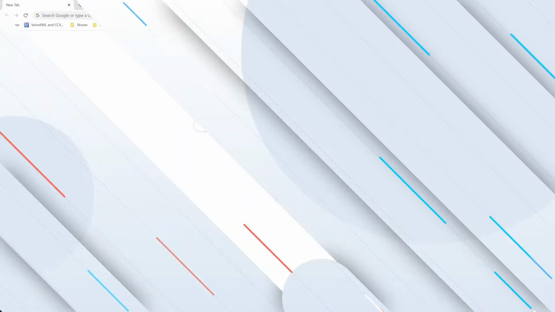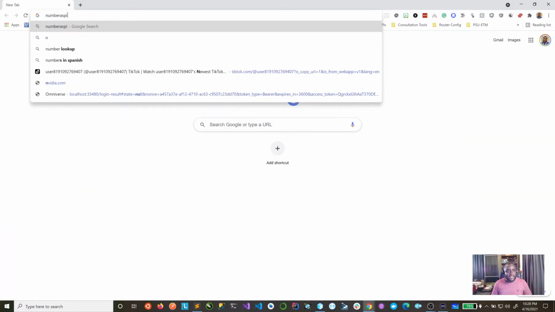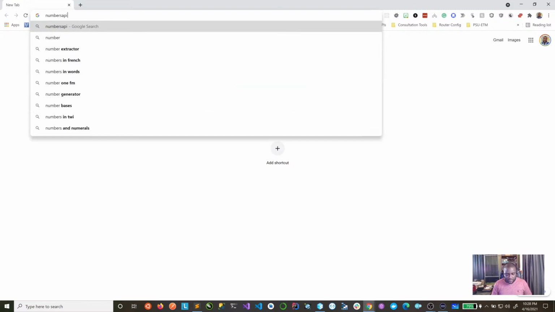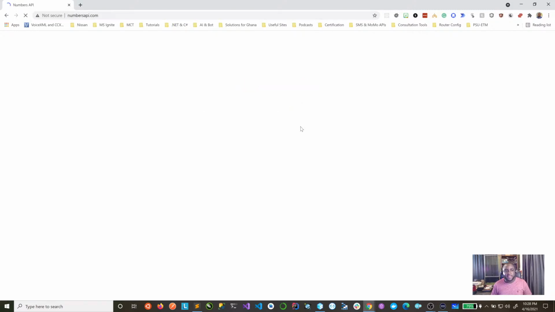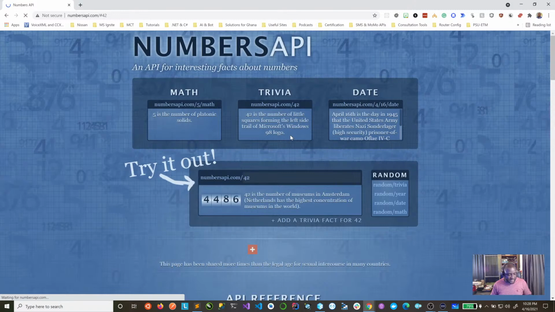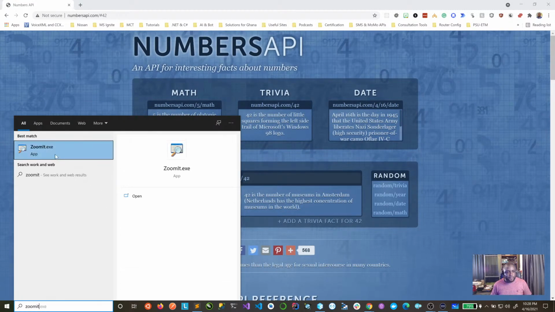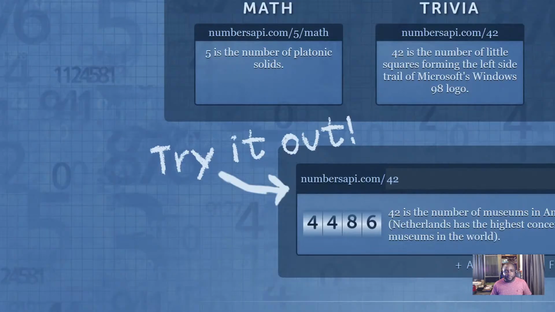Hold on, let's go here. So let's go to the Numbers API, numbersapi.com. Hopefully I got this right. Yeah, it's not secured. That's it. So the Numbers API, yeah, this is it. Okay, let me open my Zoom too, so I can give you guys